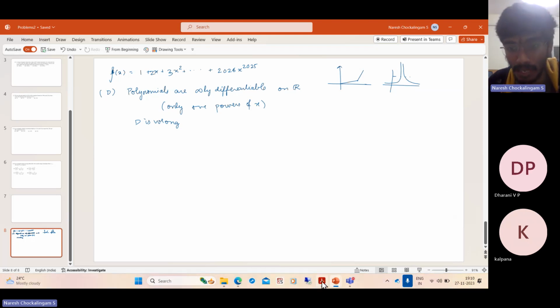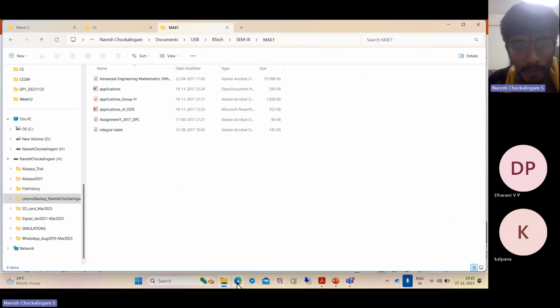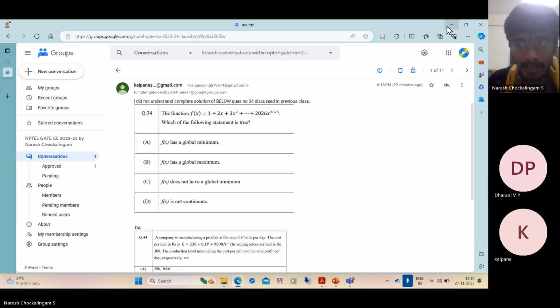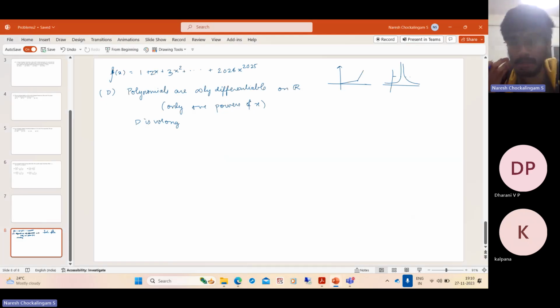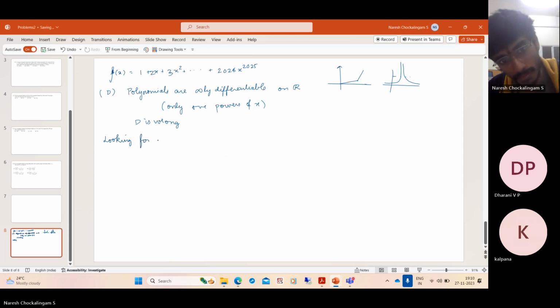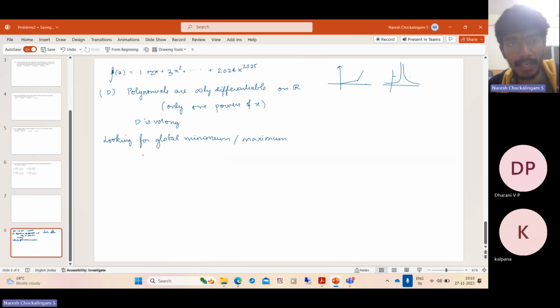Then the other statements are about the existence of global minimum and global maximum. If the question is about local minimum and local maximum, we need to look at the derivatives. But since it is about global minimum and maximum, let us look at how the function varies with x. So when do we say a value is a global maximum for a function? If f of x is less than or equal to some m for all x belonging to some interval, say a to b, then